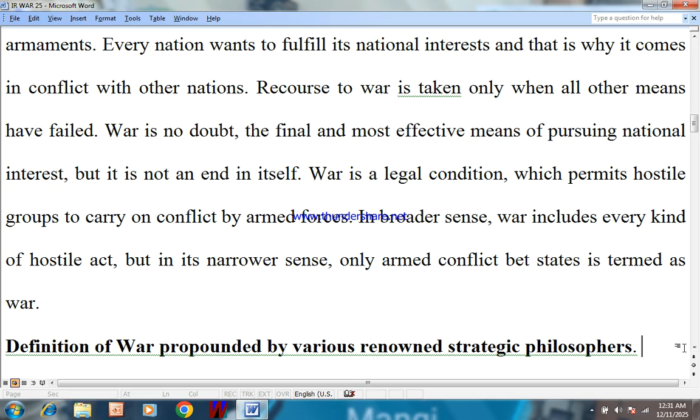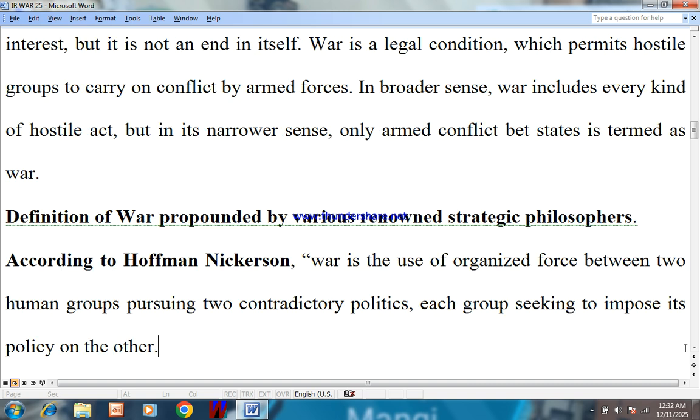War is a legal condition which permits hostile groups to carry on conflicts by armed forces. In the broader sense, war includes every kind of hostile act, but in its narrower sense, only armed conflict between states is termed as war. Now,